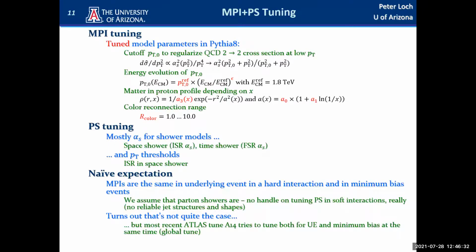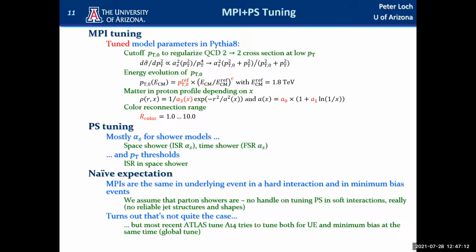So in a more modern setup, probably since 2014, 2015, we tend to use everything together in just one go, if you want, because we now have very powerful software to do this. The package is called Professor, which is basically a multidimensional minimizer that adjusts the parameters according to the experimental results. So in the most recent tune I could find for Pythia 8